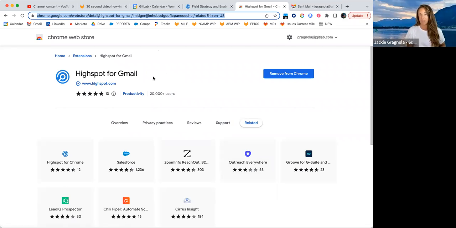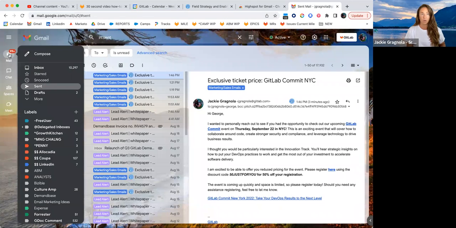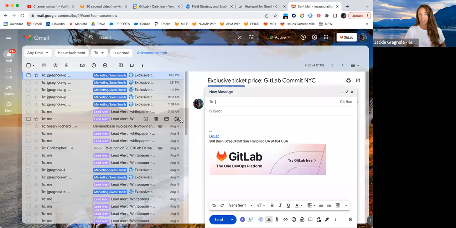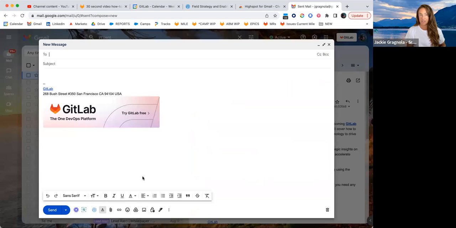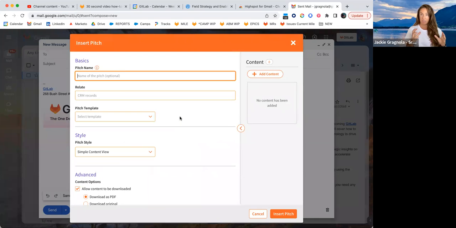First, you'll need to download the Highspot for Gmail Chrome extension. So go ahead and download that. And then from there, everything takes place right inside of your inbox. So click Compose. Again, once you have the extension, you'll then see this little icon for Highspot. When you click that icon, it'll bring up a view of Highspot pitch templates,